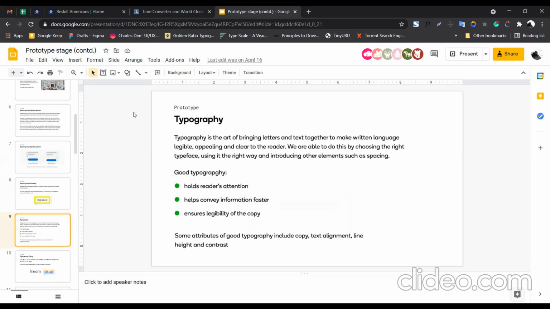In fact, if you don't get your typography correct, chances are that no matter how beautiful or pleasing your design looks, you still wouldn't hit the mark because your typography is very off. Okay, so good typography holds the reader's attention, it helps convey information faster, and it ensures legibility of the